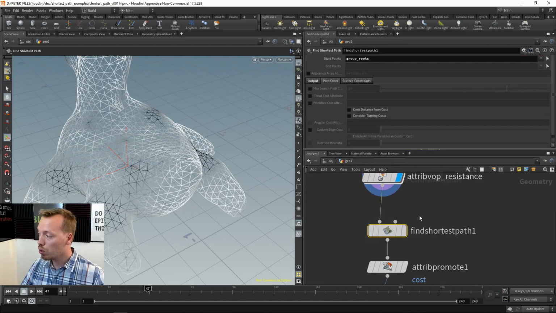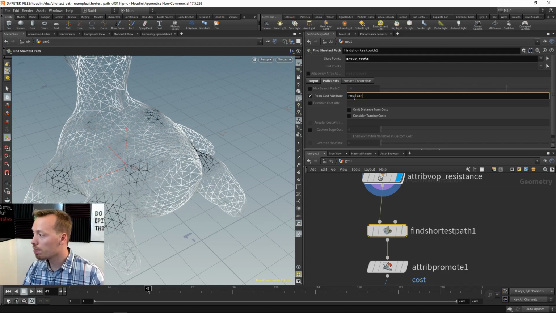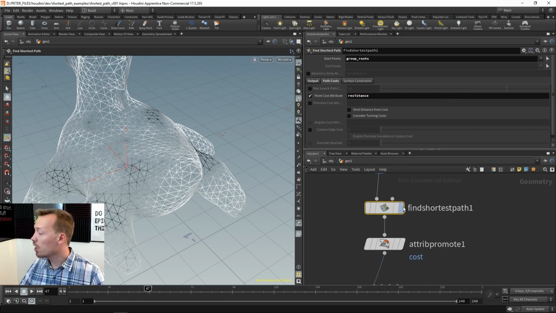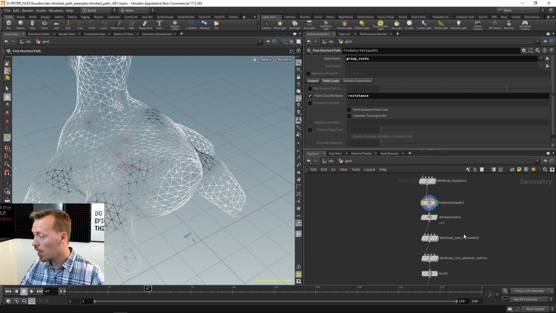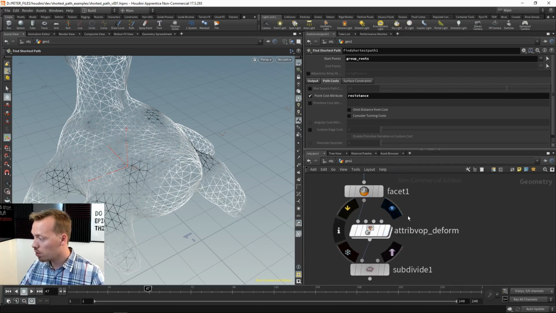So we're going to use that resistance attribute now over here as a point cost attribute. So when I put in resistance, if I can spell it correctly, there we go, resistance, then the shortest path is going to recompute itself, and it's already done it, it's that quick. And so now if we look at our shockwave as it travels through,